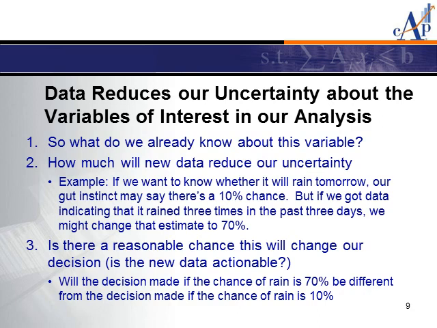So we ask the second question: if we go out and gather new data, how much will it reduce our uncertainty? If you flip a coin 5 times, the chance of heads is 50%. Trying to flip the coin more is useless because the chance of heads is 50%. Flipping the coin 15, 300, 1,000 times isn't going to give you any more information about the chance of the next coin flip coming up heads.